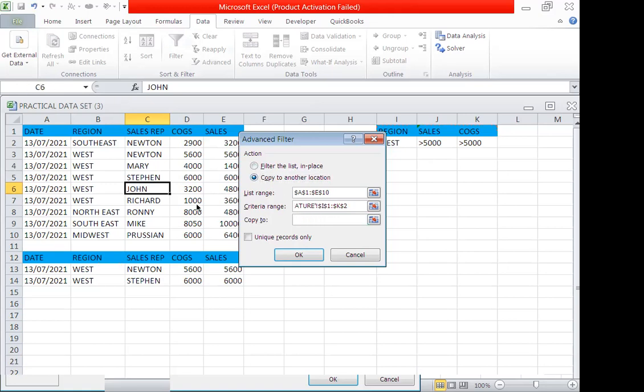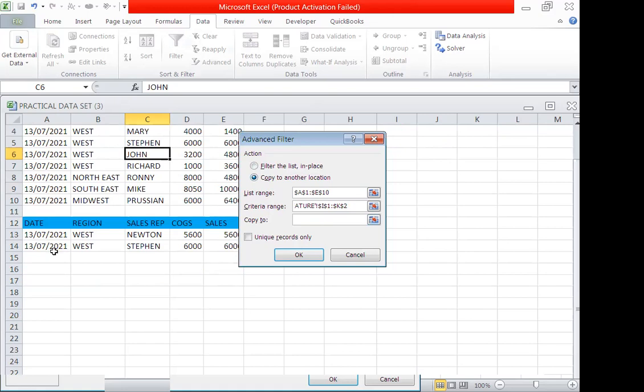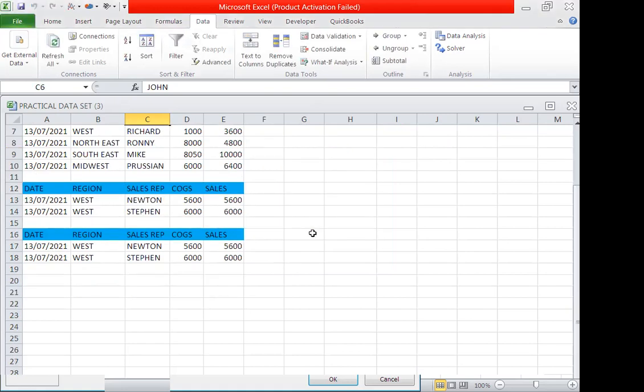Otherwise, this data we can put even in a different worksheet, or a different workbook, by just clicking on that book and then pasting it. But let's put it here so that you can compare. So we put it down here and then I click okay. So now,